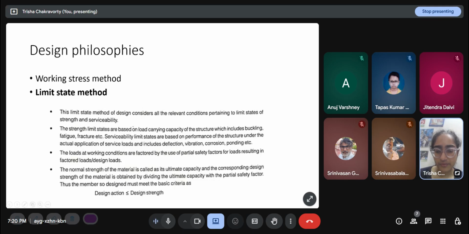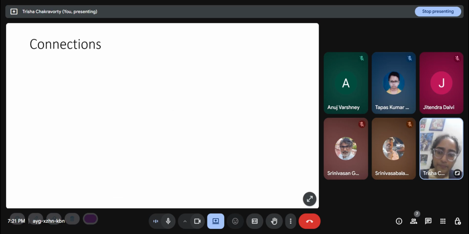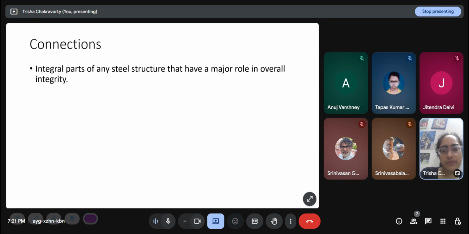The basic philosophy is that design action should be less than the design strength. So what we do is project the expected loads and multiply them by a partial safety factor to increase the load. We assume that the load is higher than what we actually expect, so that makes it safer, hence partial safety factor. And the actual ultimate strength of the material, we divide by some partial safety factor. So I assume that its strength is lesser, which is also a conservative estimate. So both partial safety factors approximate my design on the safer side, and that's where the inherent safety is introduced.